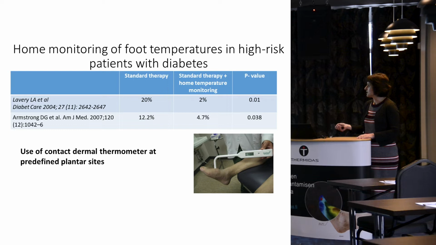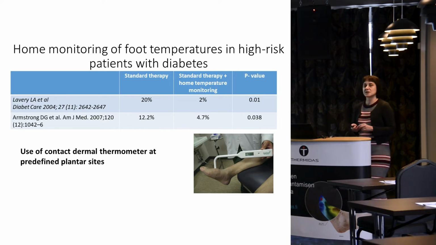These two studies showed very promising results, showing that in the enhanced group, where patients had a standard therapy, which was foot therapy, and home temperature monitoring, they showed a significant reduction in ulcer recurrence